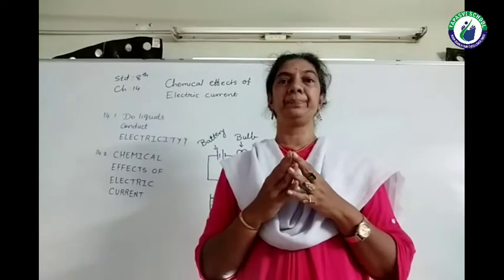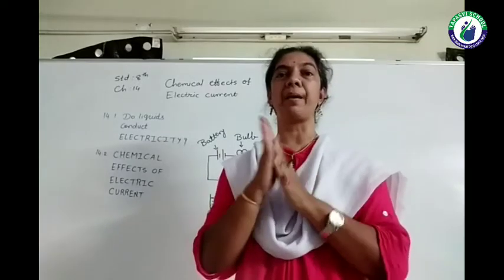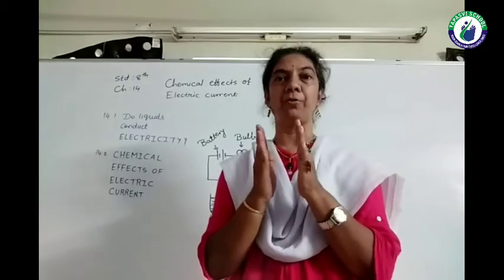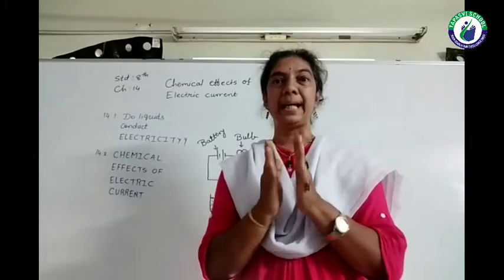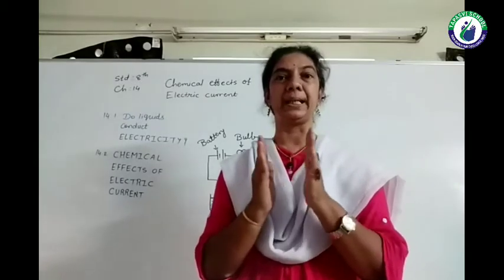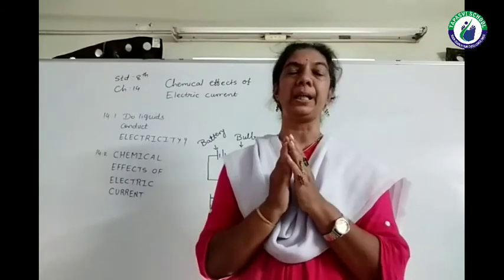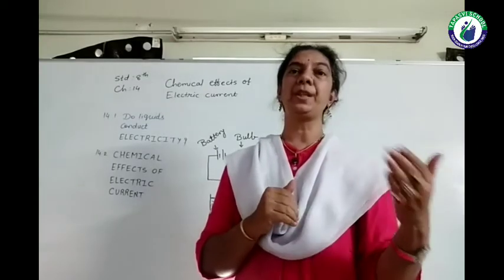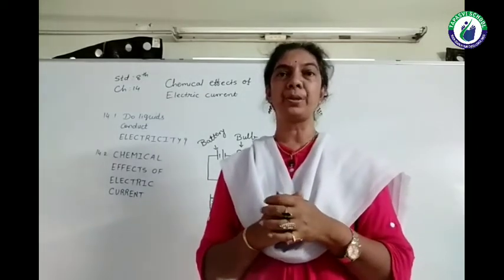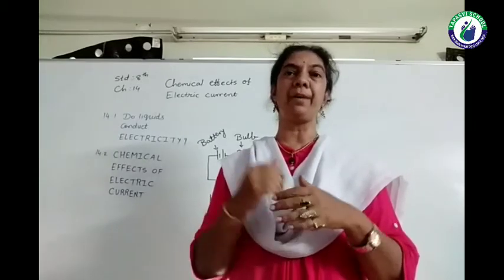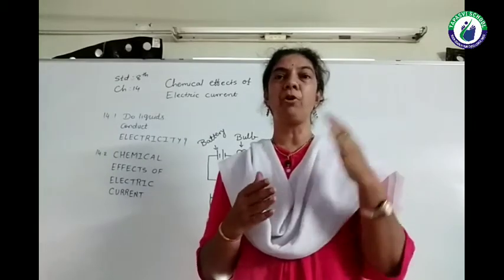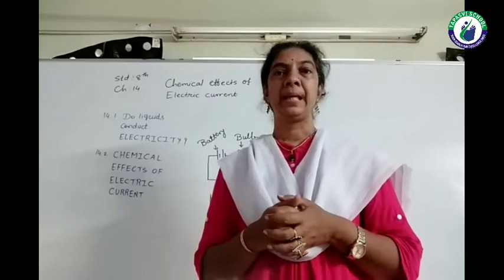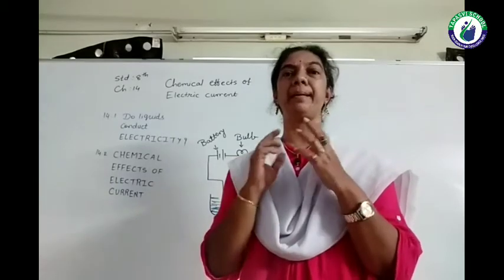Why does it happen? It happens because whenever we rub things, there is some exchange of charges, and that is known as static electricity, as we are not connecting any battery to it. Now, as an extension of this concept, how can we use this static electricity if I want to make it move, if I want a flow of it? So you have seen a few activities in this video that whenever we connect the battery,